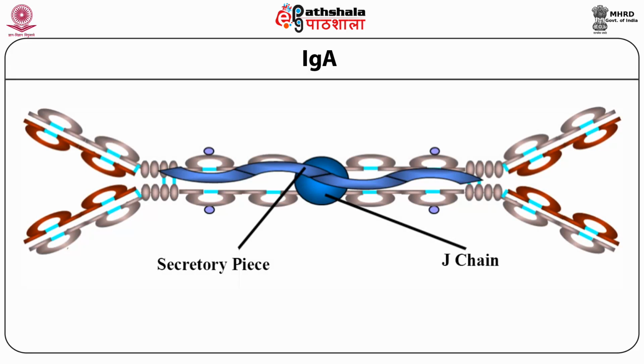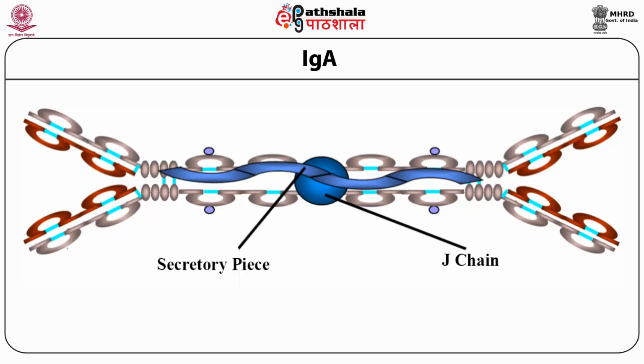IgA also has two subclasses, IgA1 and IgA2, with identical molecular weights of 160 kilodalton. The subclasses have alpha 1 and alpha 2 as heavy chains. The concentration of IgA1 in human serum is much higher than IgA2. IgA protects the mucous membranes and is present in all secretions as the most abundant Ig. In those species in which IgG is not transferred across the placenta, it is IgA which protects neonates. It is present in colostrum.